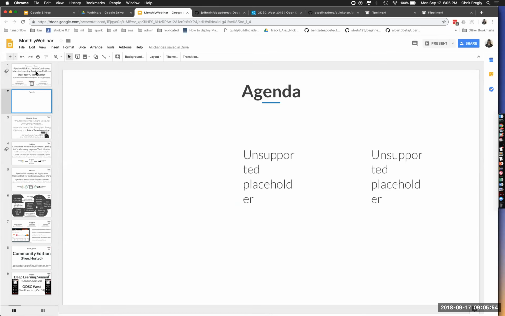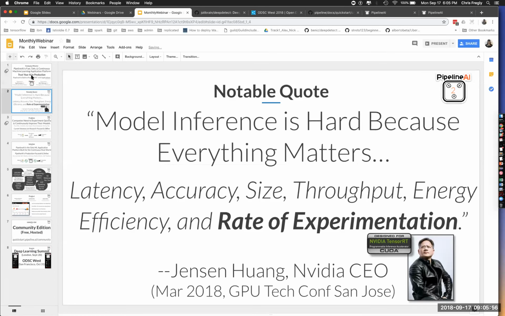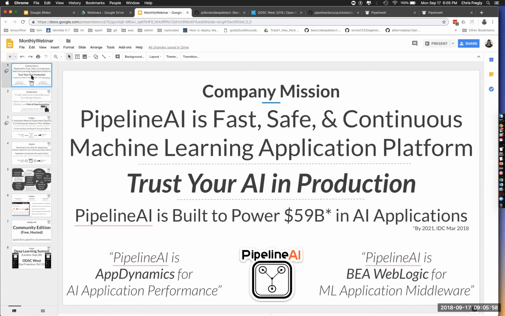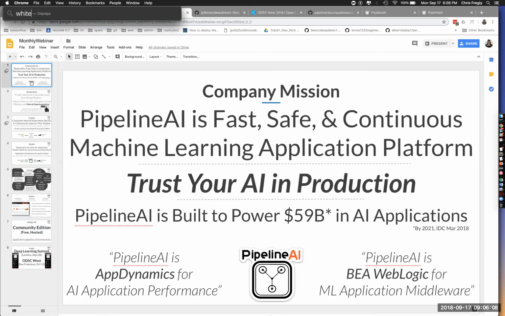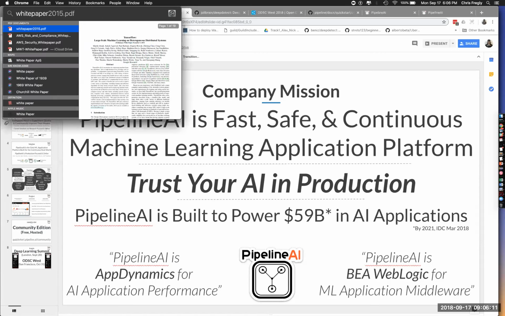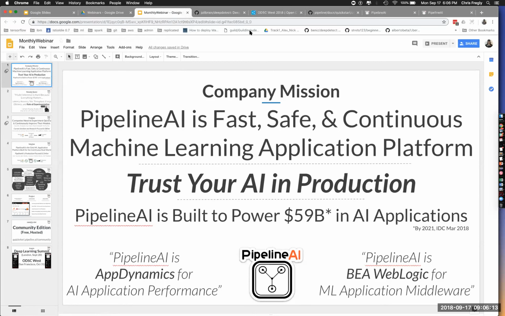So a couple quick notes since the last time. We've actually been putting together quite a few slides and getting some cool stuff out of our heads and into slides and white papers and that kind of thing. So we actually have a white paper that we haven't yet posted. Let me find it here real quick. We've got about 10 white papers in the works here.